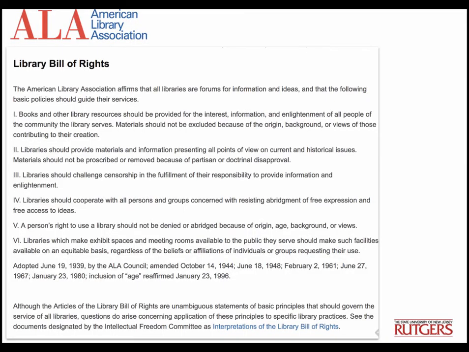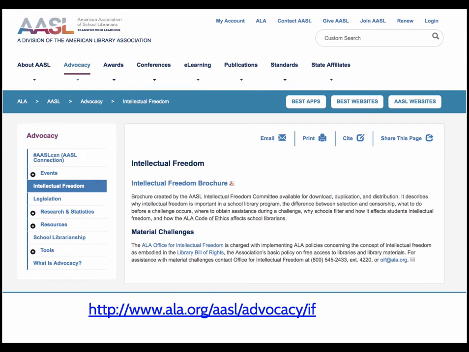We're also thinking as we build collection in terms of the right to read, the Library Bill of Rights, intellectual freedom, and there are many documents and policy statements by ALA and AASL that are relevant to us in terms of collection.